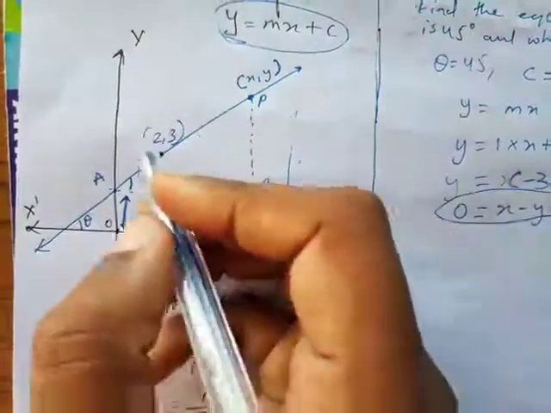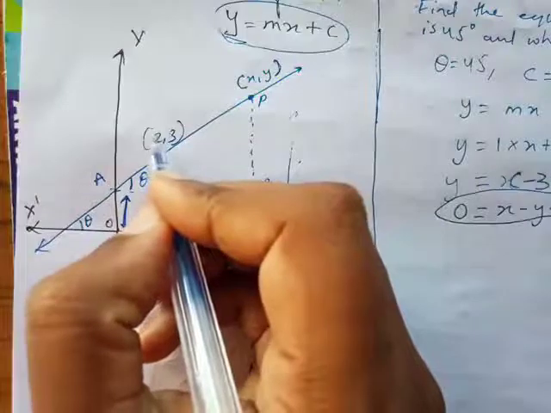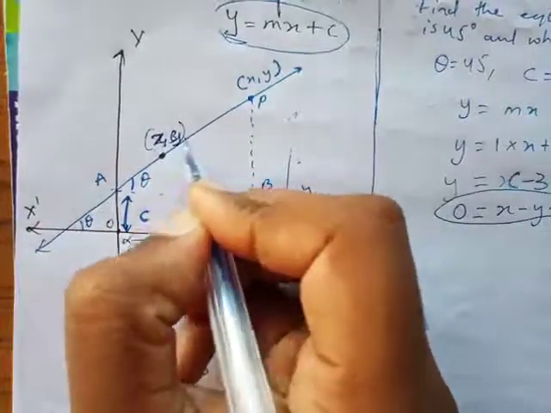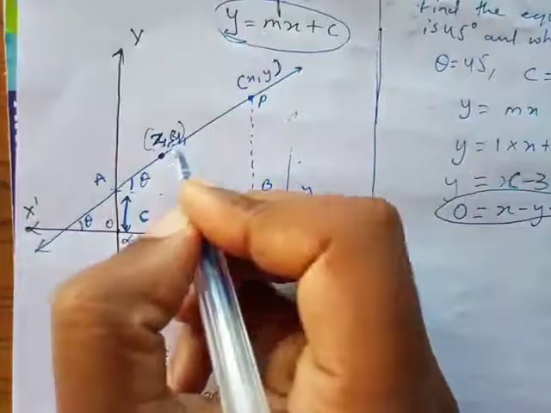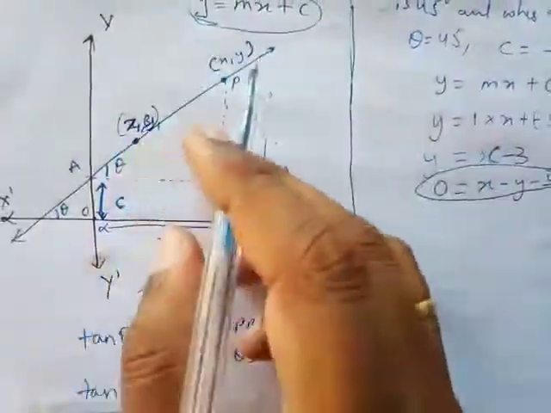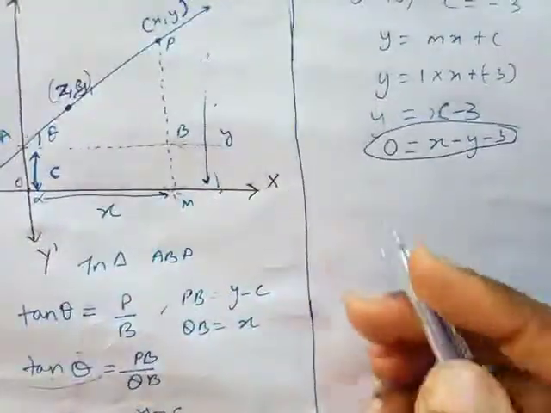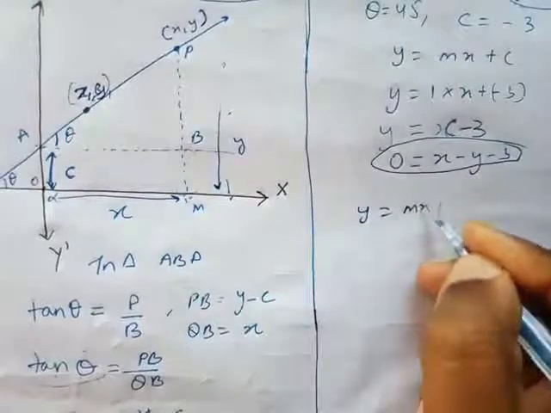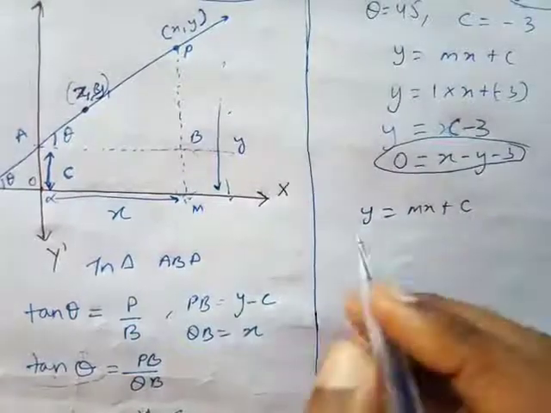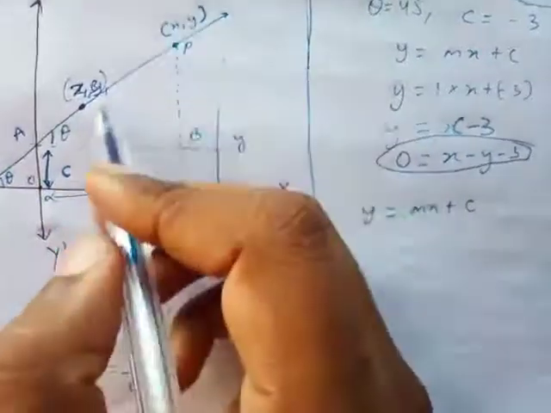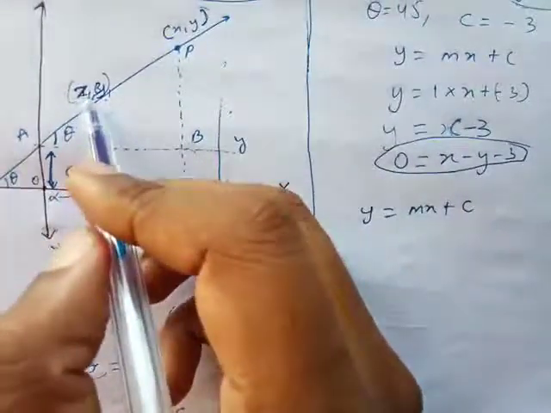It's a big question. So whenever this type of question comes, you can say let this be x1, y1, and this be x comma y. This can be simply x comma y. So what is the slope intercept form? y equals mx plus c. But if I look according to this point, x1 comma y1,